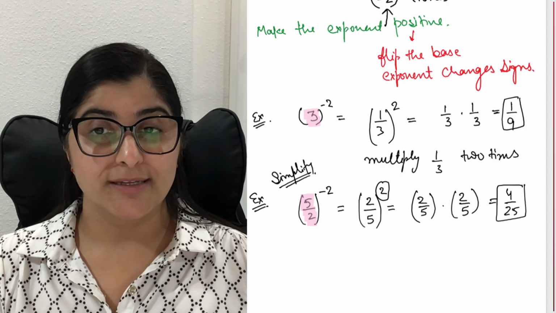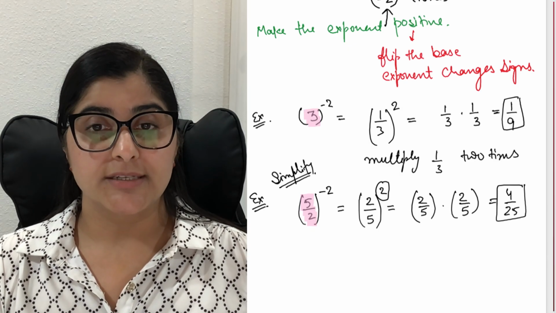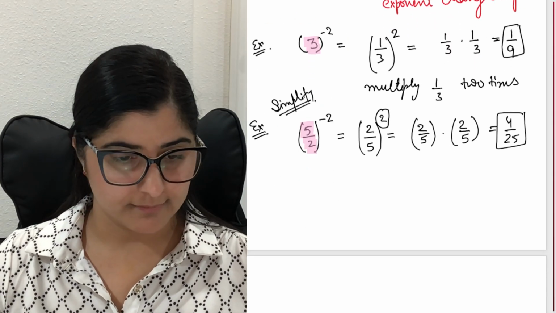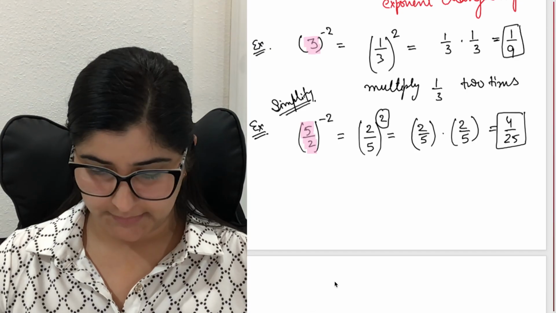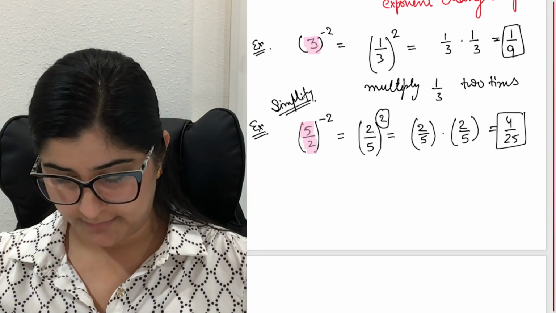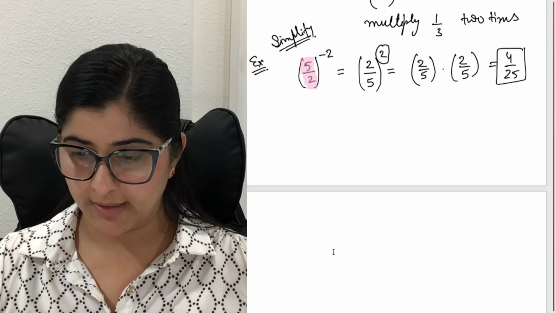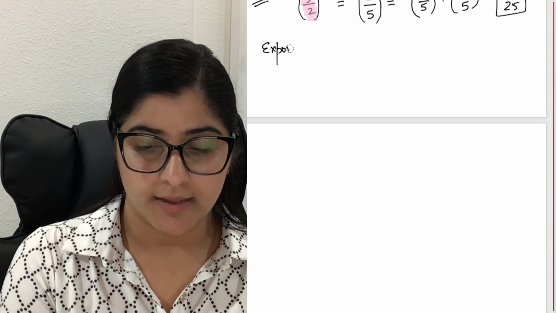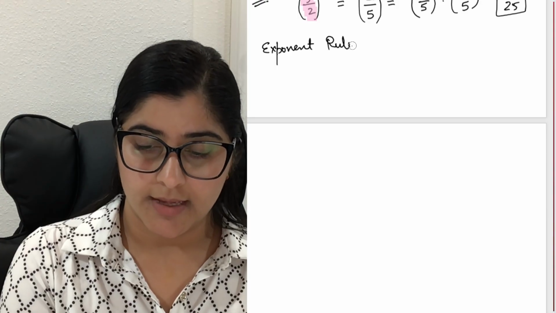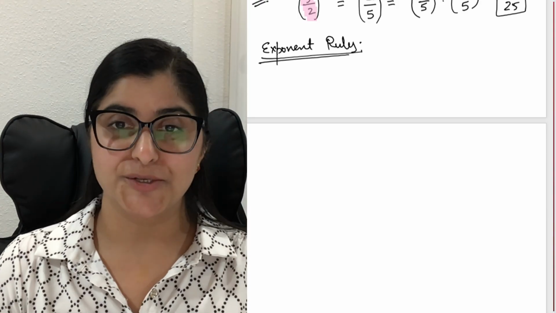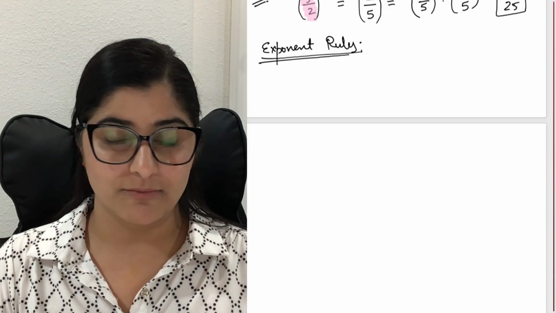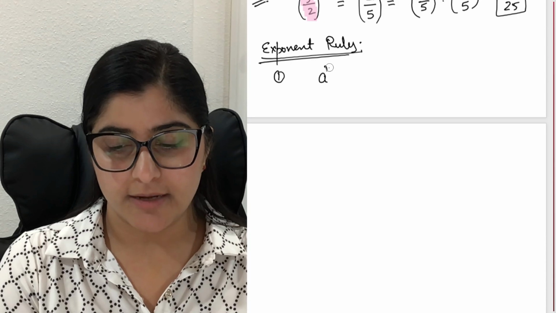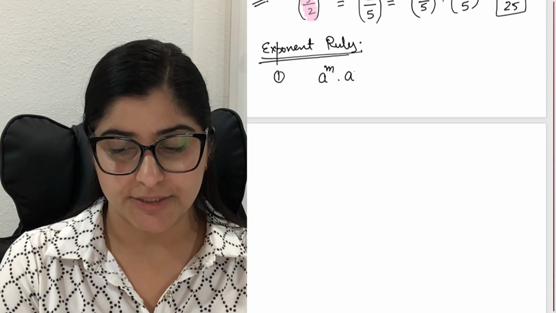This is how we deal with the negative exponents. Now let's talk about some rules of the exponents, and then we will use all this information and try to work on certain problems. So the first rule of the exponent is if you are multiplying two exponential expressions,